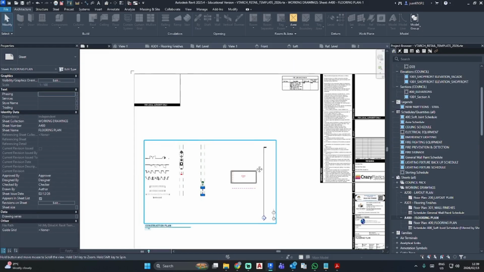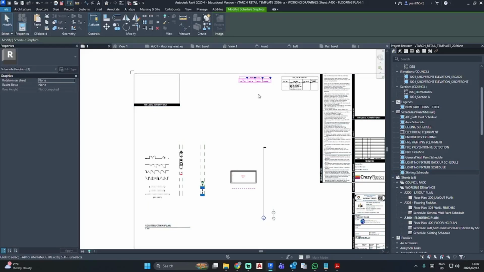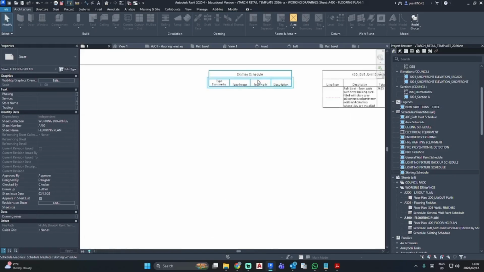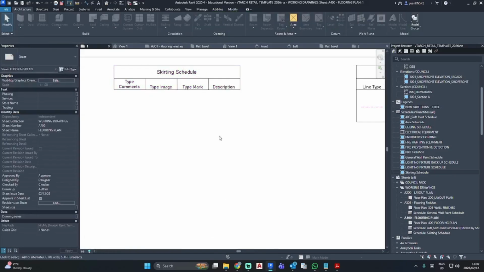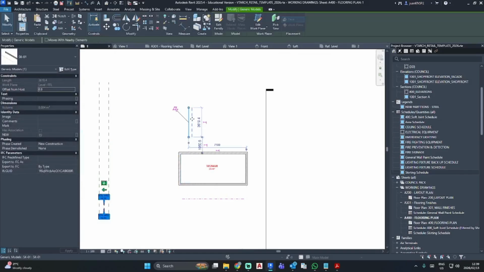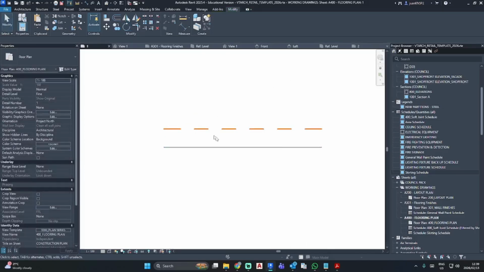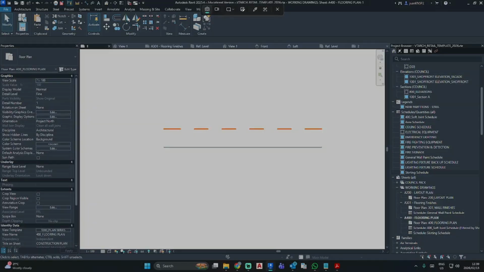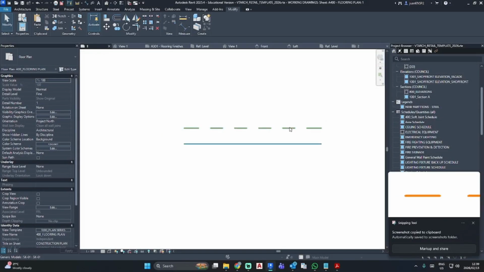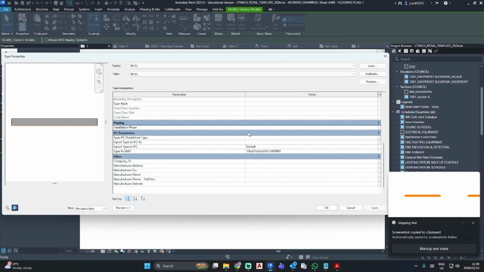So now on this floor plan, I'm going to put my schedule over here so that I know this sheet is for showing skirtings. So now I'm just going to move this up and I'm going to quickly rotate it. So for this, I'm going to take a screenshot of our line. Just going to click on it again, edit type, see if we can.